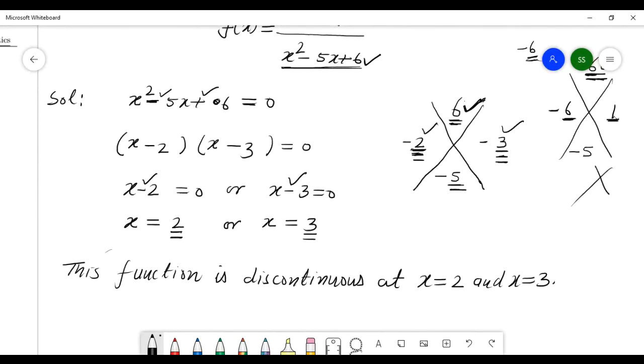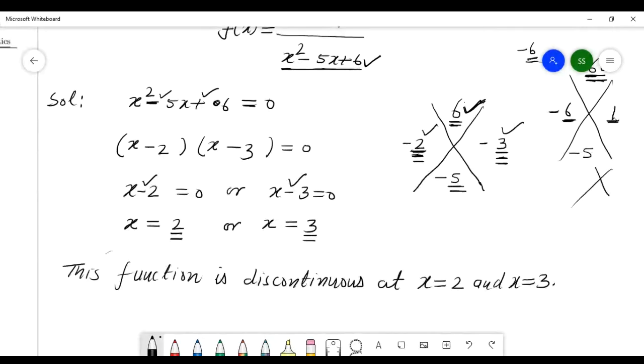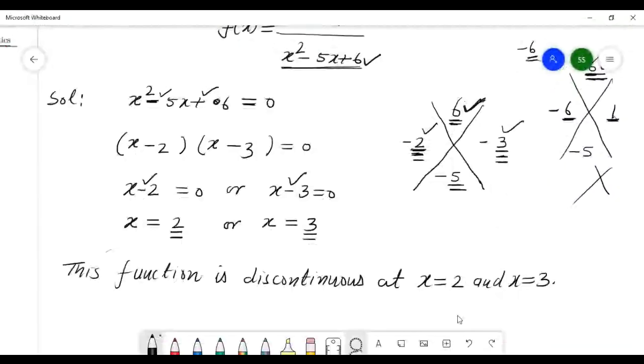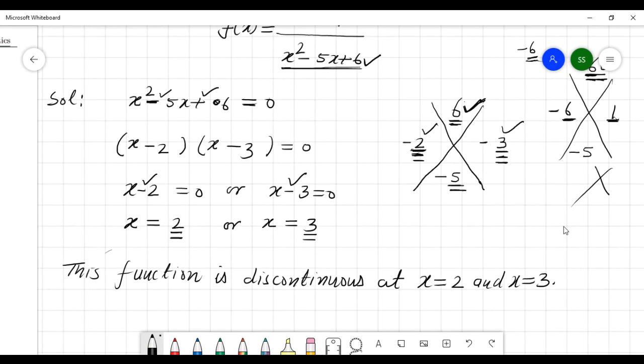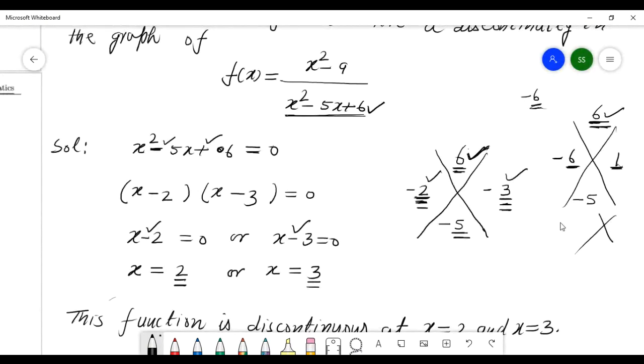Right? Discontinuous at these two numbers. Because this means what? This function you can write